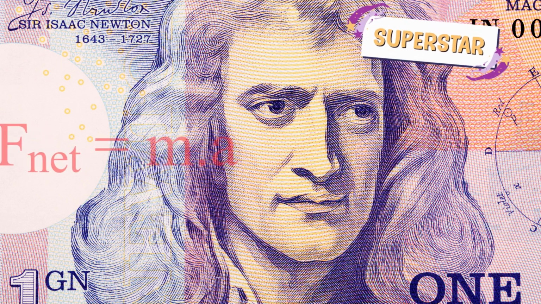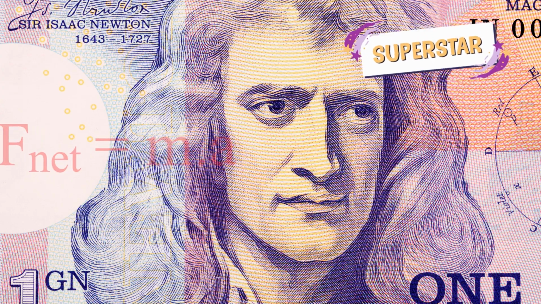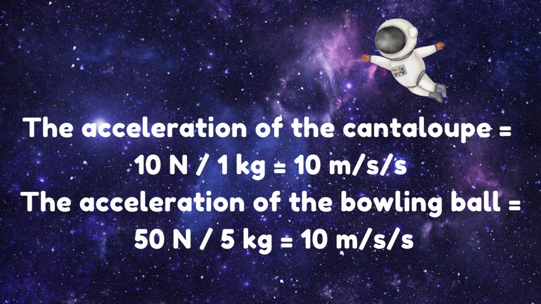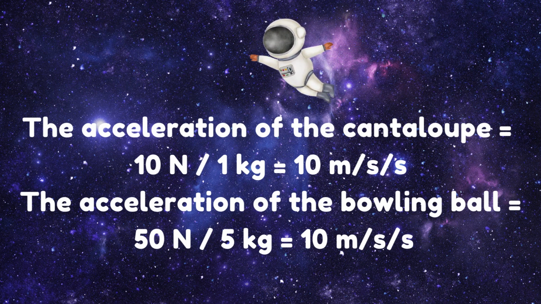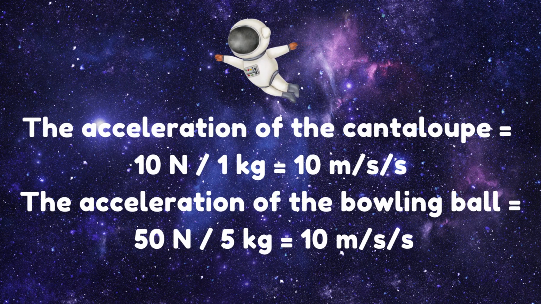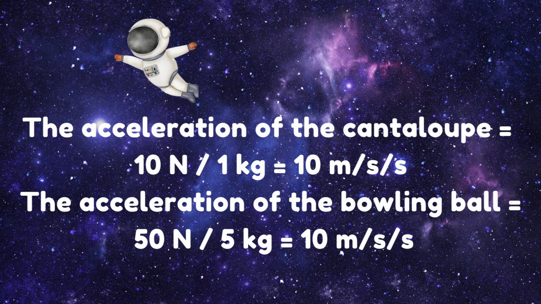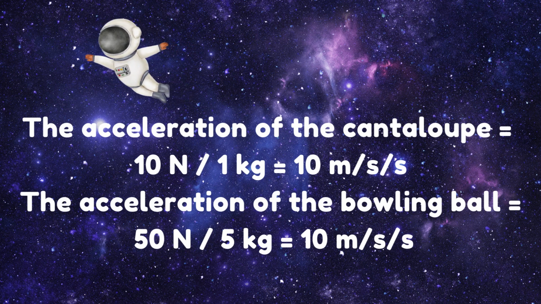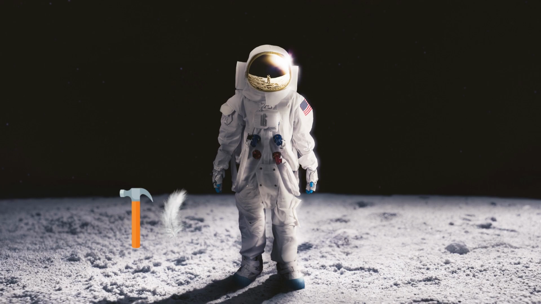Acceleration equals net force divided by mass. The acceleration of the cantaloupe is 10 newtons divided by 1 kilogram, which equals 10 meters per second squared, and the acceleration of the bowling ball is 50 newtons divided by 5 kilograms, which equals 10 meters per second squared. So all objects, regardless of their mass, accelerate at the same rate and hit the ground at the same time